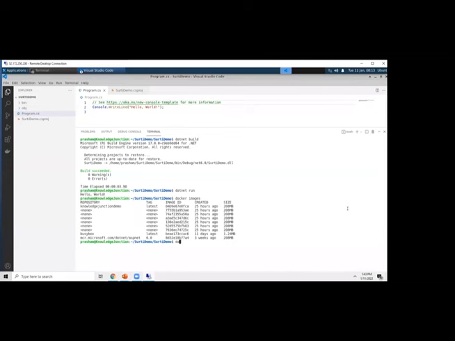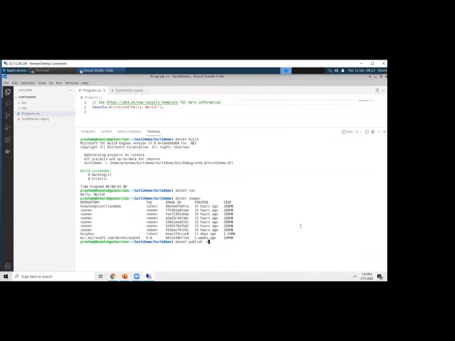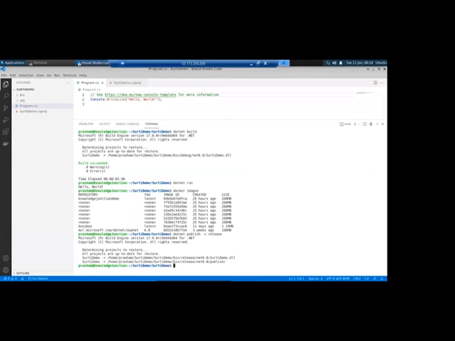There is a command called publish. Here is the command given, and it will create output in the release folder. So if I publish this, yeah, it created the release folder, net6.0, and here it copied the DLL and exe.